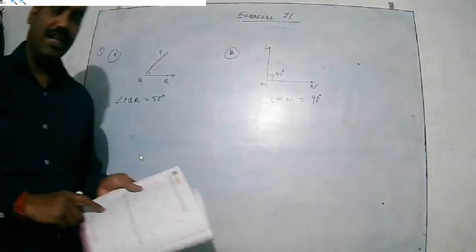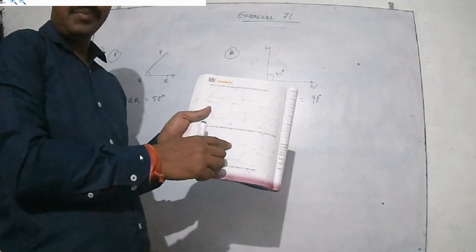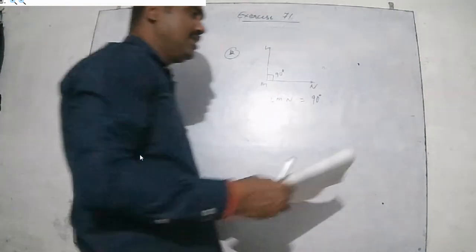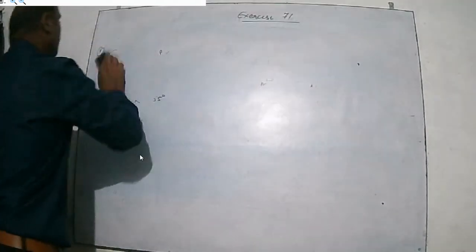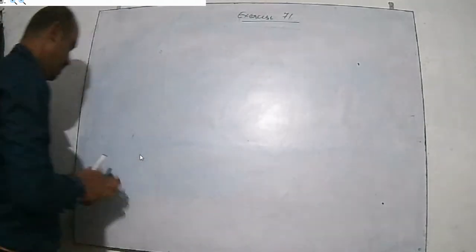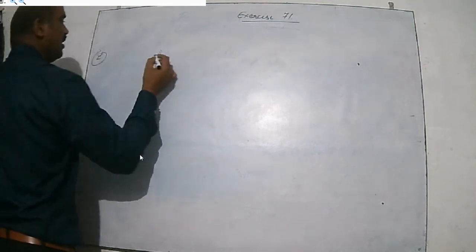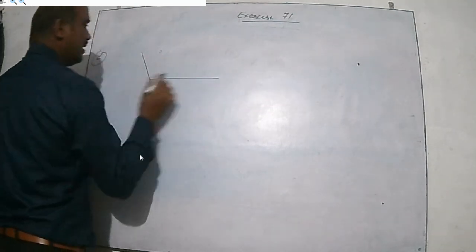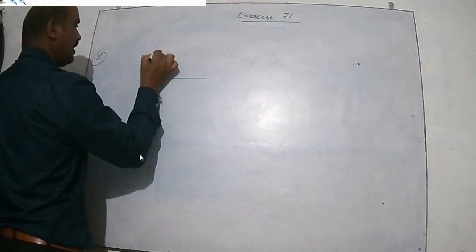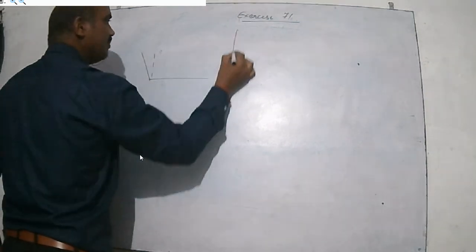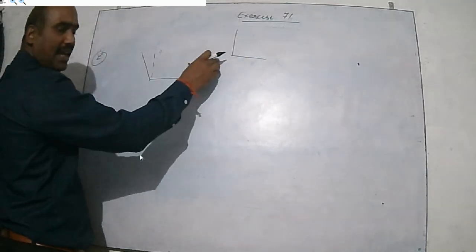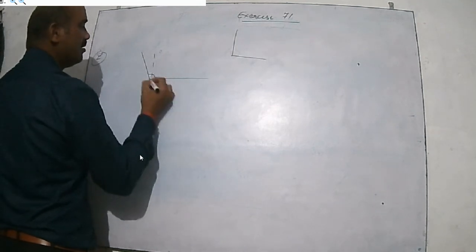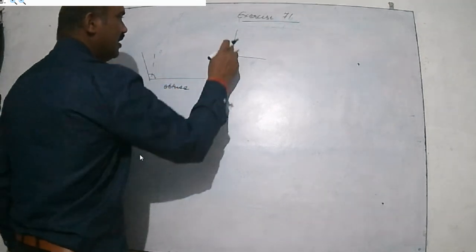So in this way you have to find out. This one is less than 90. With the help of protractor you can easily see this. Let me make it for you. In question number 2, this type of figure is there. Now here you see this is greater than 90. This is the 90. Now this arm is greater than this 90. So it means here it is obtuse.